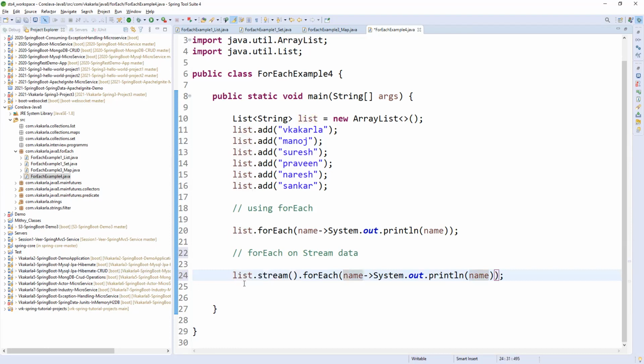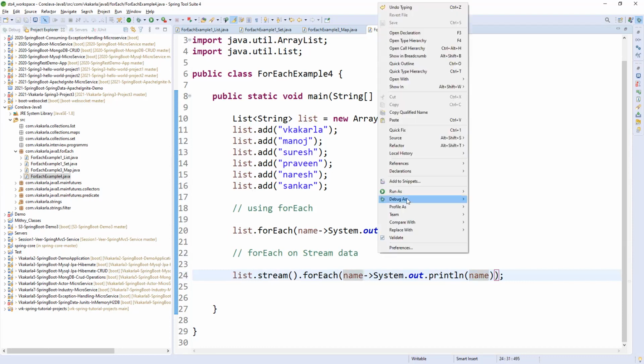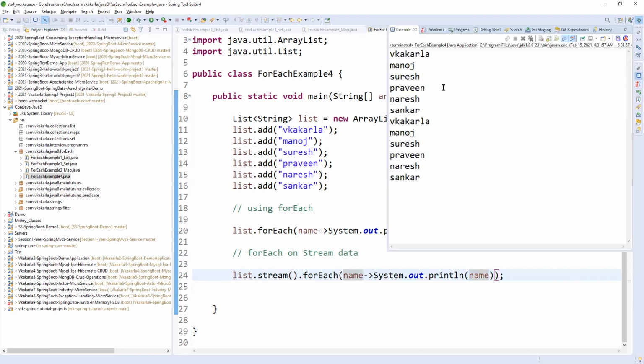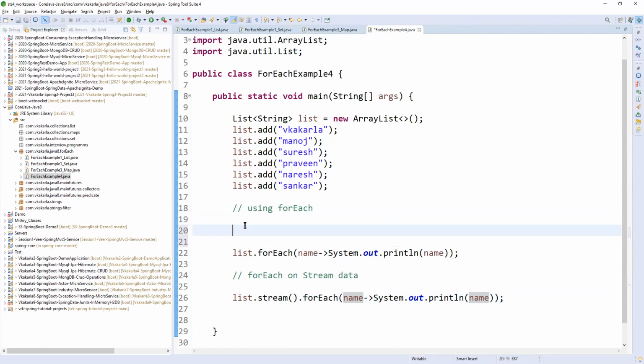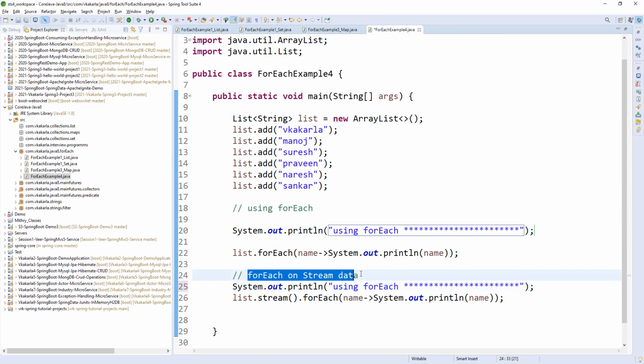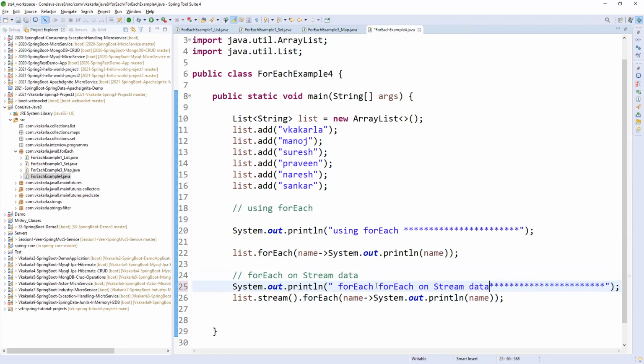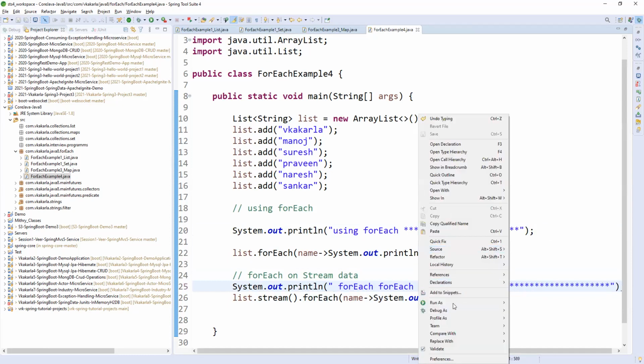So now I'm printing the data. Let me check how it is coming. You can write here using for each, and using stream, converting to stream, for each on stream data. Now you can get more clarity.